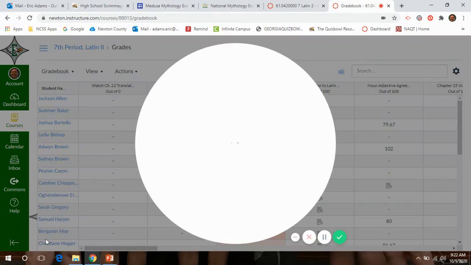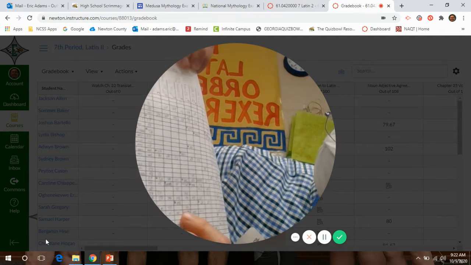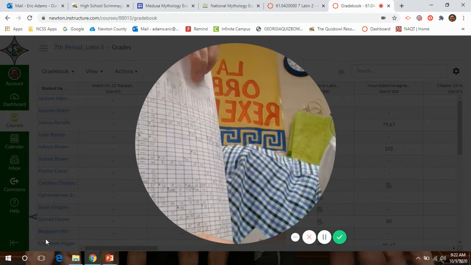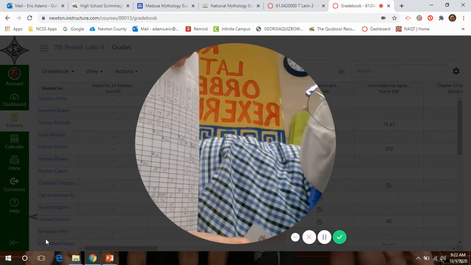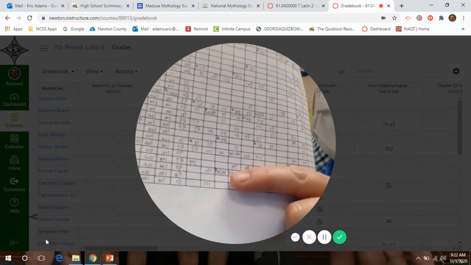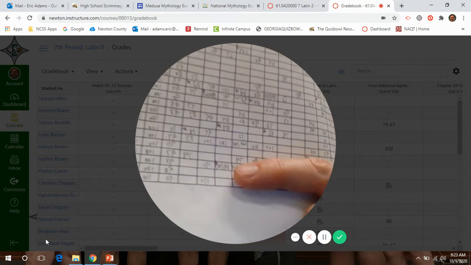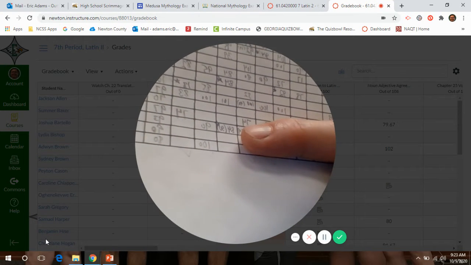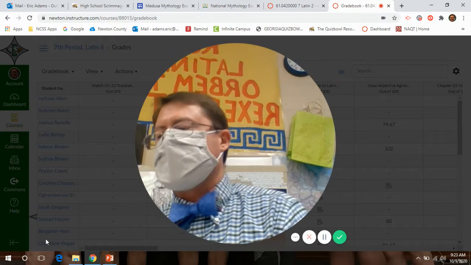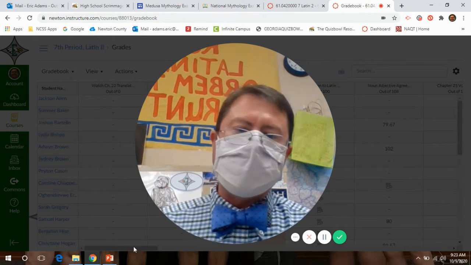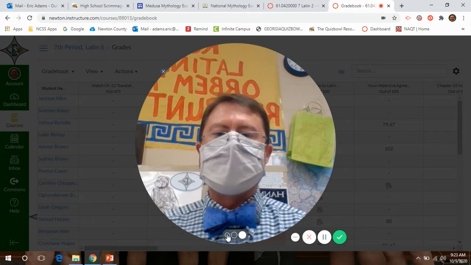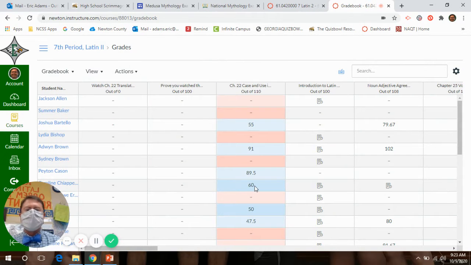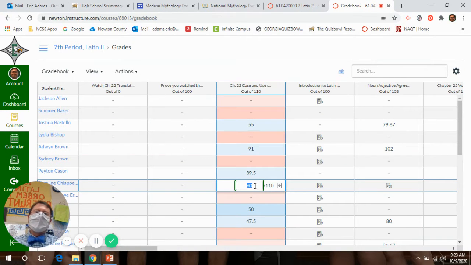That is because, as you can see, there are some examples, and right here would be a good example of one, or even better, perhaps right here. I don't know if you can see it, so I'm going to try to make it bigger. Do you see how it has a score and then another one in parentheses? That means that the student retook it with the extra attempt and had a new grade populate here,